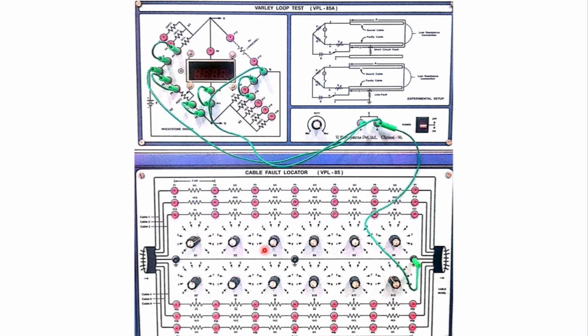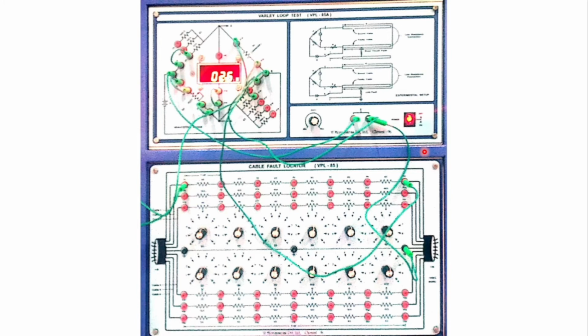Okay, then you need to power on the supply. Once you're done with this, this is all about the connections. Once you power on the supply, you find this knob over here which will regulate the resistance. Once you start regulating this resistance, you have to observe this galvanometer reading. Once this galvanometer reading turns out to be 0, that means the Wheatstone bridge network is now balanced. It is under the balanced condition.